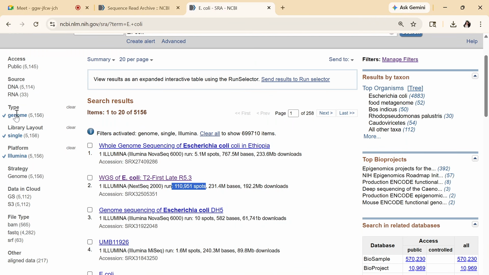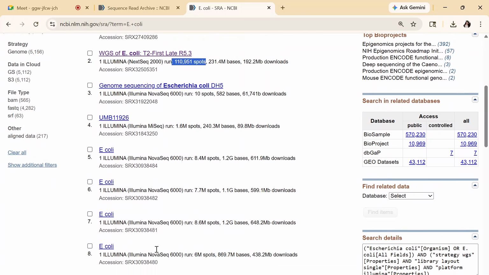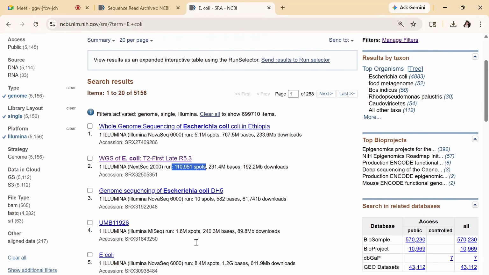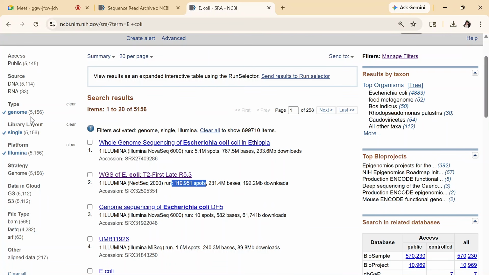Here we applied the filters that I specifically want a FASTQ file from the Illumina platform. I want single end data, I don't want paired end data. So all the search results we are seeing here are single end data. And I want genome, meaning the entire DNA sequence. So this is what filter means.